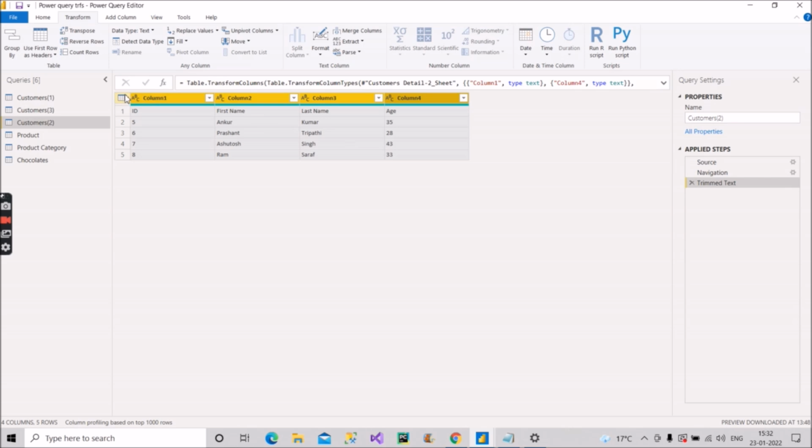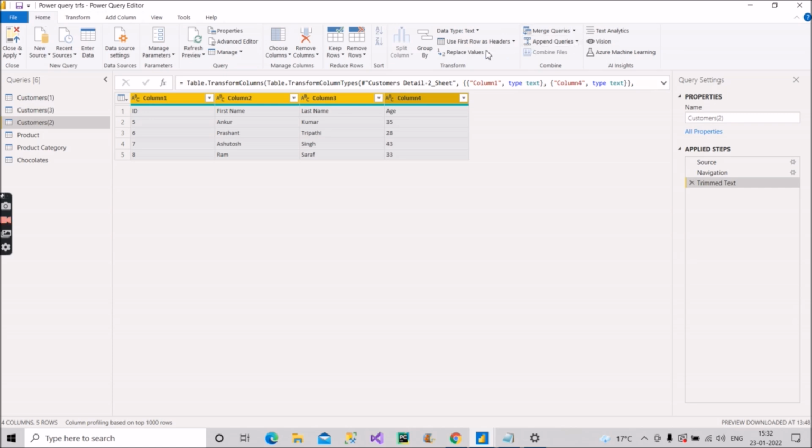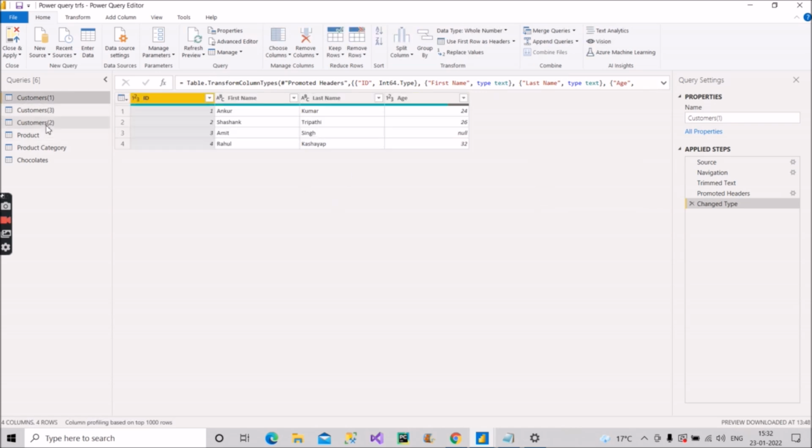So now the data type has been detected by doing the trim section. Now change the first row as headers. So that we have also done now. So customer 1 table and customer 2 table, as you can see the number of columns, 1 2 3 4, with the data types is similar to the customers 2 table. Fine. So now what we will try to do is append these two tables, and this is how we